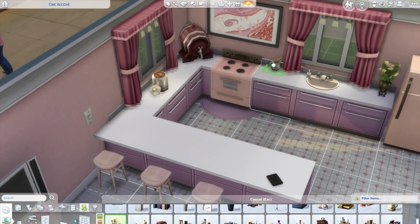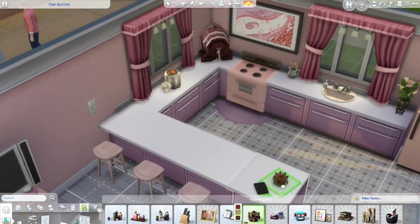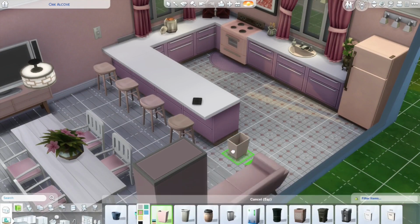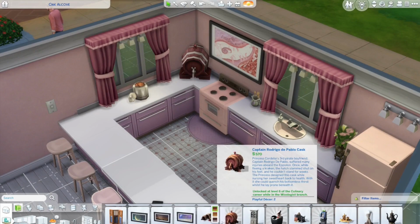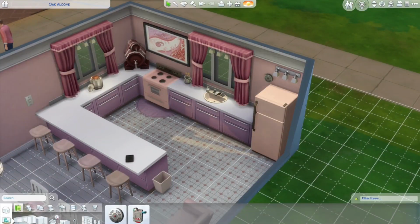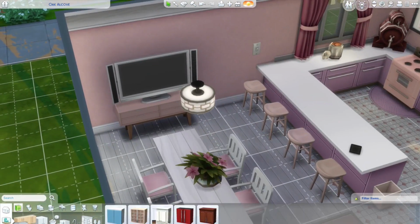I did put some art deco right there above the oven just to fill up that space. I was going to put a window there, but I was like, let me not mess up the window scheme that I have right now. And then I also put a wine barrel in the corner, and I do have testingcheats true on, and I have a few different hacks on as well. You guys probably know them, like bb.showhiddenobjects, bb.showliveeditobjects, that type of thing. But I actually raised up another wine barrel, and I put it on top of the wine barrel that I already had. So it's a mini and then a small on top, and then I ended up putting